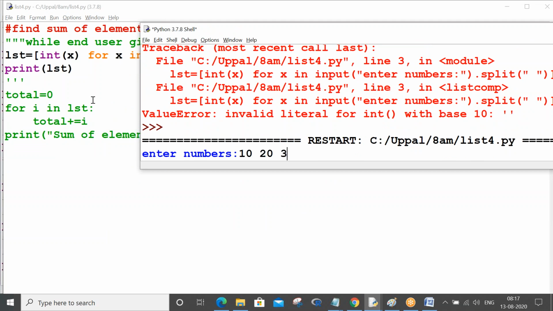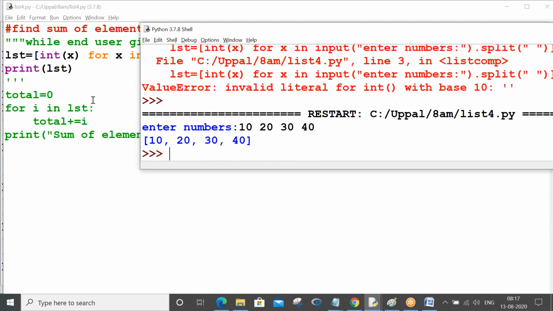Ten space, 20 space, 30 space. Okay, cool. This is working fine. So where is the error?